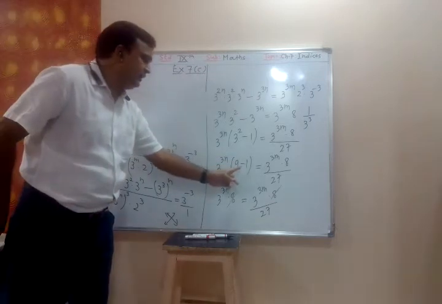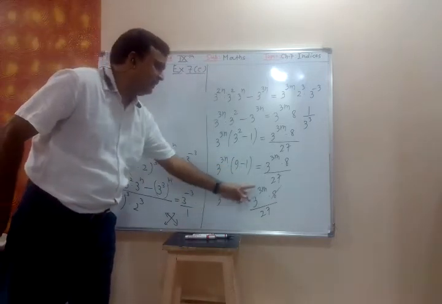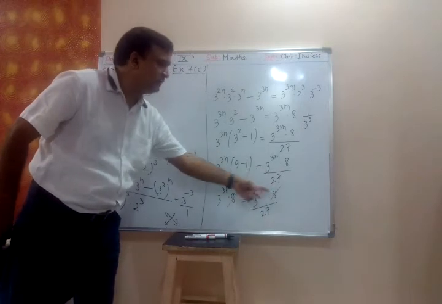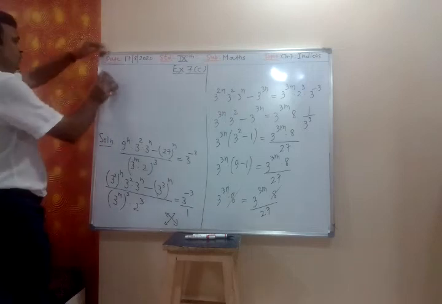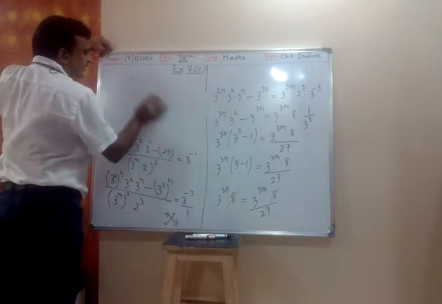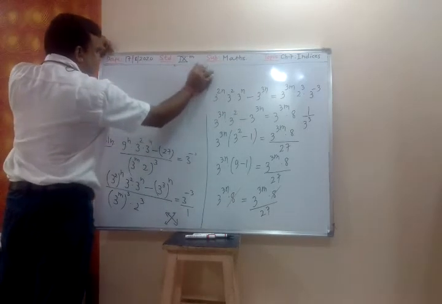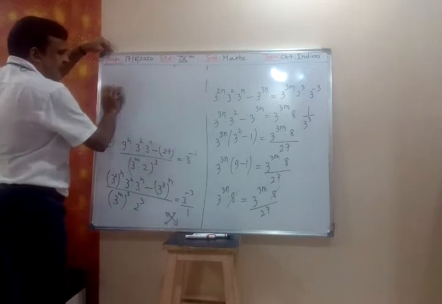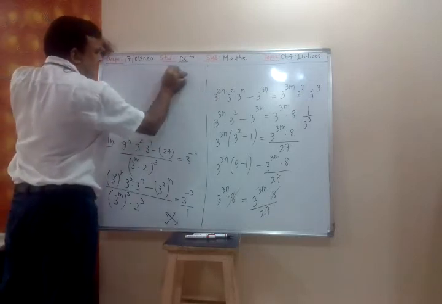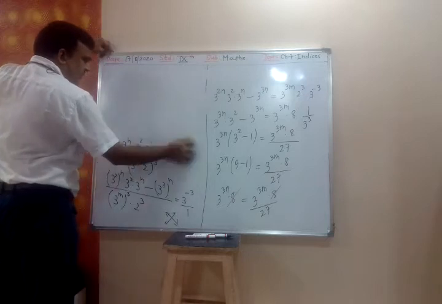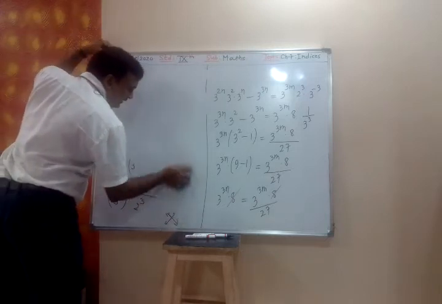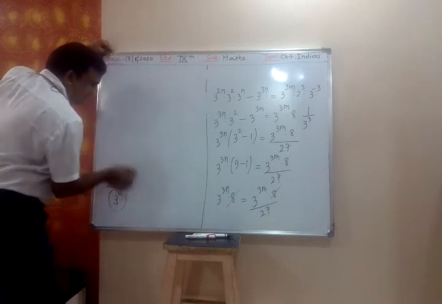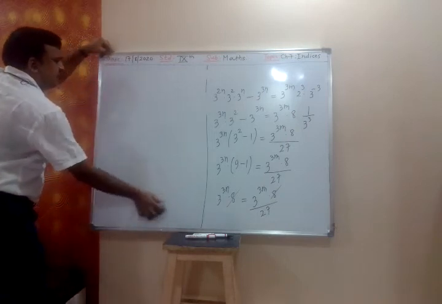Even if there it is plus 8 and there it is minus 8, they will still get cancelled. Only the thing is, on this side minus 1 will be left. Now 8 and 8 we can cancel, 8 and minus 8 also we can cancel. Only when we cancel 8 and minus 8, then the minus 1 sign will be left.